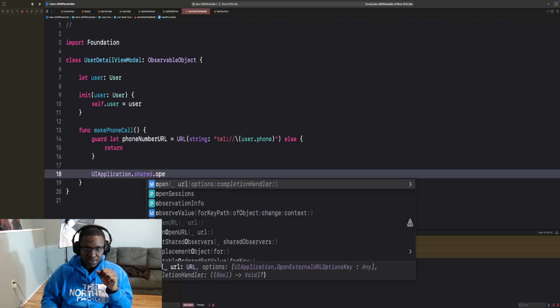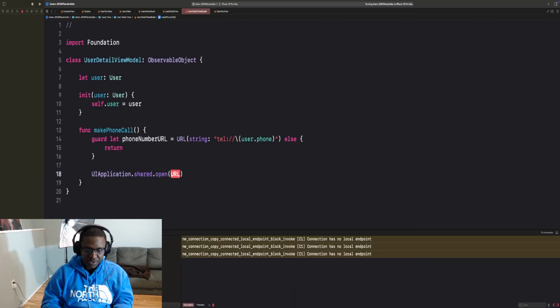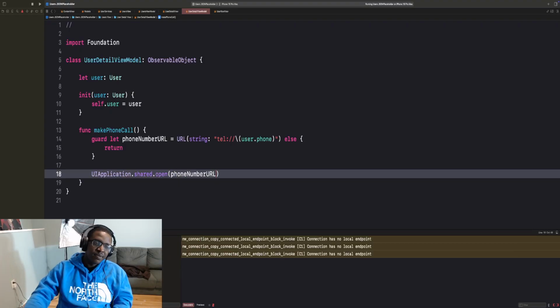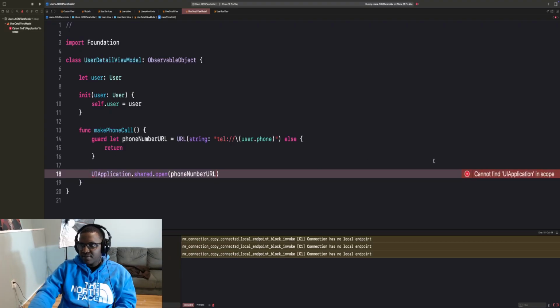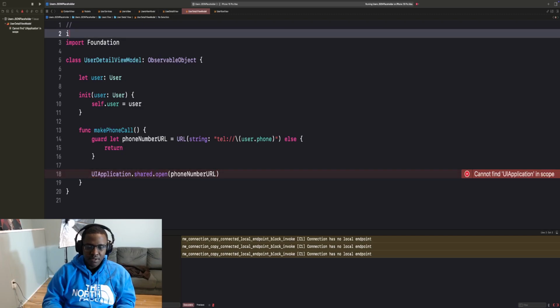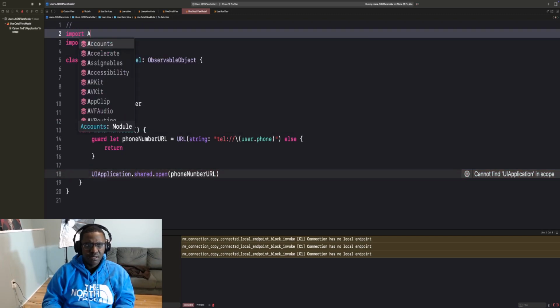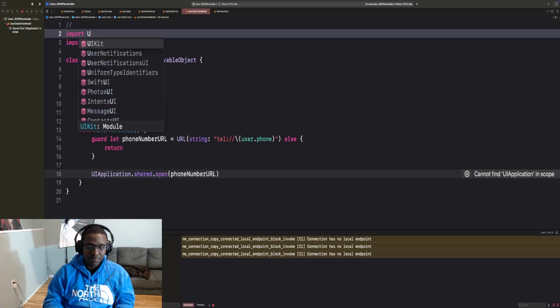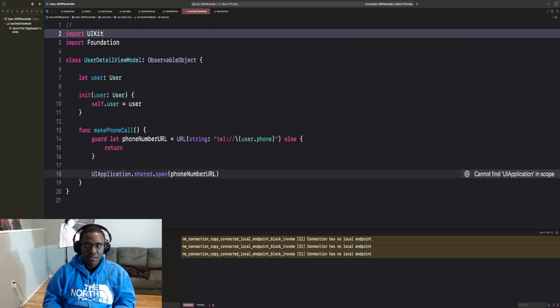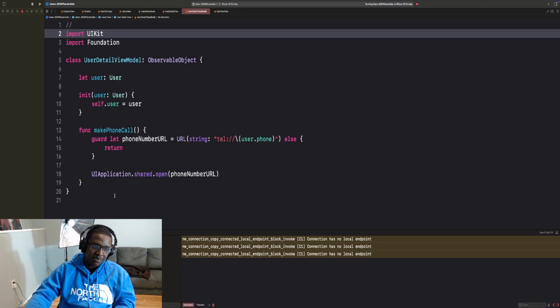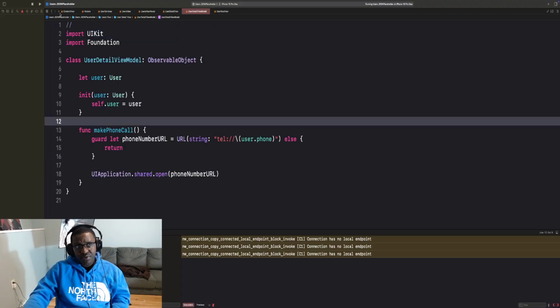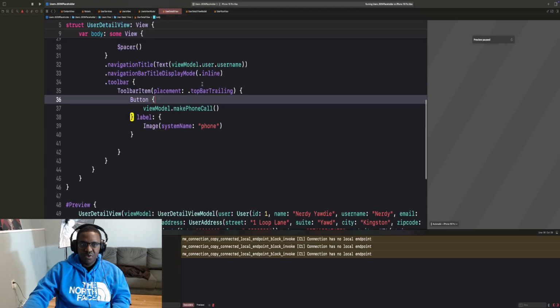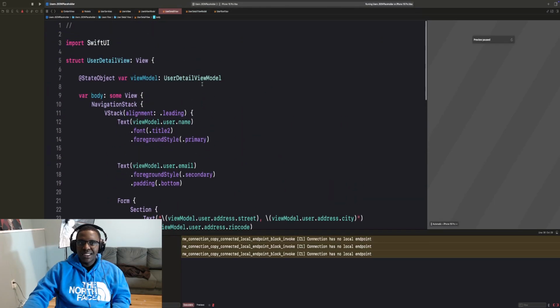Open URL is deprecated, really? Okay, so open URL, and then we'll just pass in phone number URL. And with this in place, UI application, I think I just gotta import AppKit or UIKit. Oh, you know what? It probably is UIKit. UI application. Now, whenever we make that phone call, whenever we tap that button,